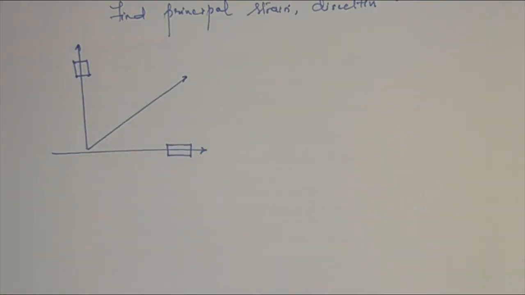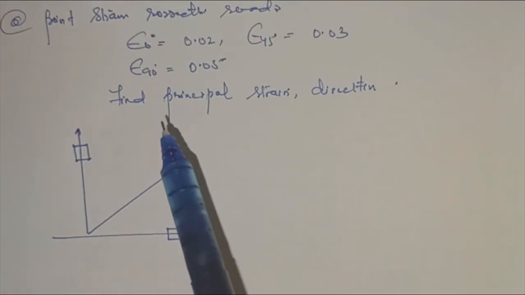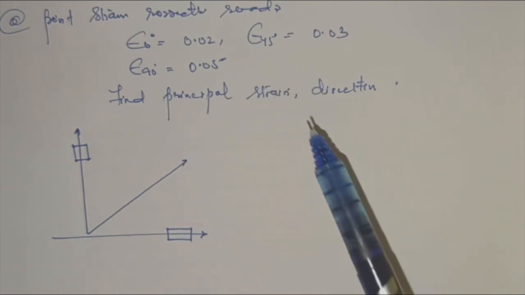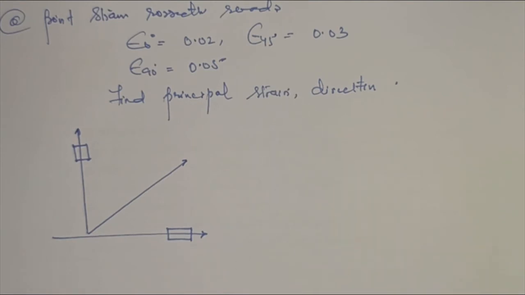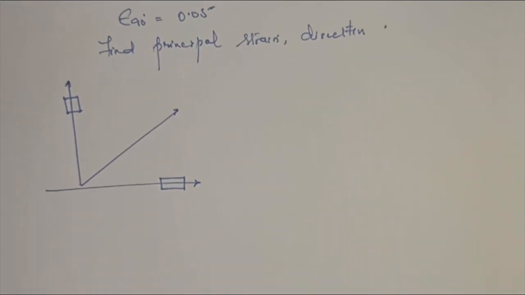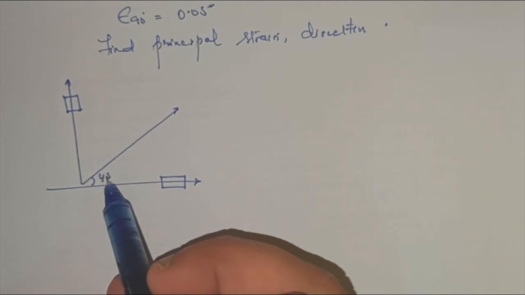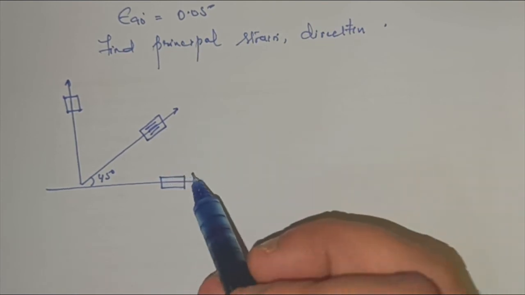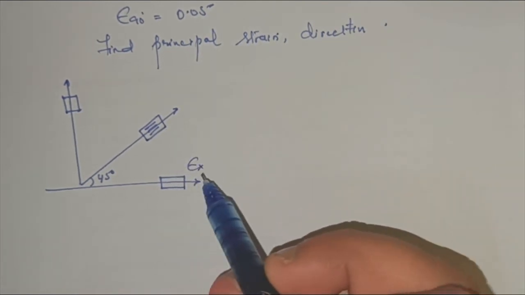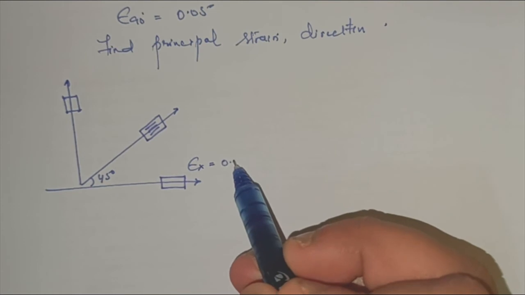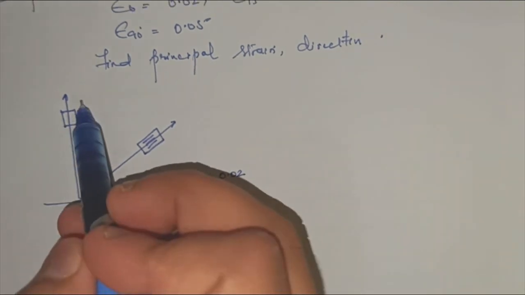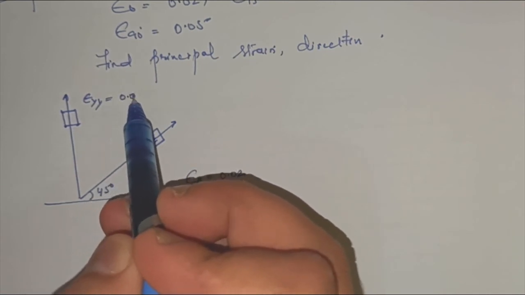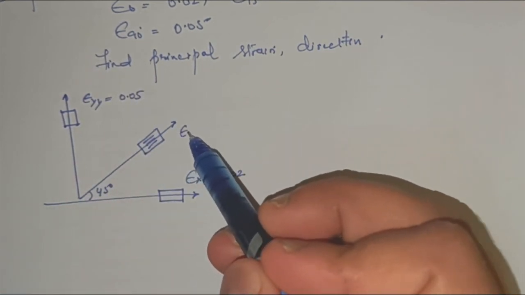Remember that in this example, intentionally I have taken 45 degrees, but any value could have been given to you. This is 45, it can be 60, 30, any value. But you will be able to do this like this only, in the same way. So at 45 degrees, you have been given a strain gauge also, and the x-axis value reads 0.02, y-axis reads, because it is along the 90, 0.05, and 45 degrees reads